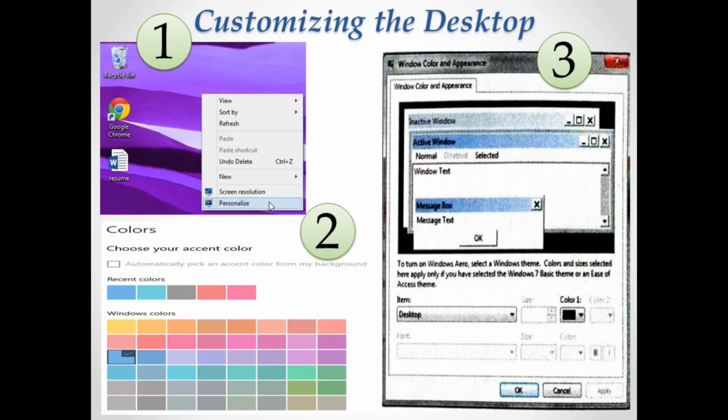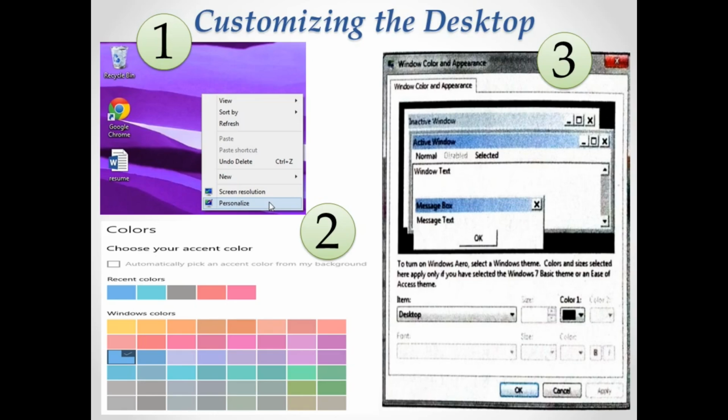You will see the effect on the window like a glass border in the start menu, taskbar, and color strength. Click on the show color mixer option, and you can set it as hue, saturation, brightness. These are the options you can give, or whichever option is available, you can choose your own kind of options and give color effects. Next up, click on advanced appearance settings, for how you want your screens to appear in a different way, and then the Windows Color and Appearance dialog box will open.